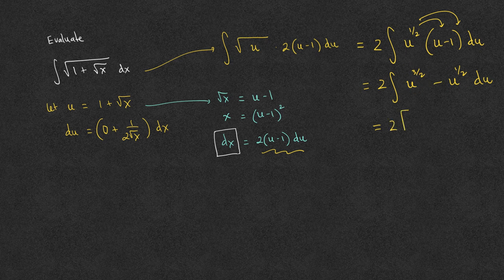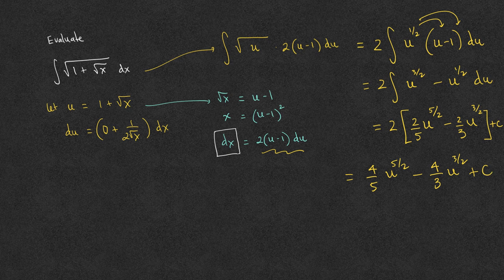With the 2 in the front, the antiderivative of u to the 3/2 is u. We add 1 to the power to obtain 5/2. 3/2 plus 1 is 5/2. And then we multiply by the reciprocal of the new power, which is 2/5, minus u to the 1/2 plus 1 is now 3/2, and we multiply again by the reciprocal of the new power, which is 2/3. Don't forget a plus c. This is now 4 over 5 u to the 5/2 power minus 4 over 3 u to the 3/2 power